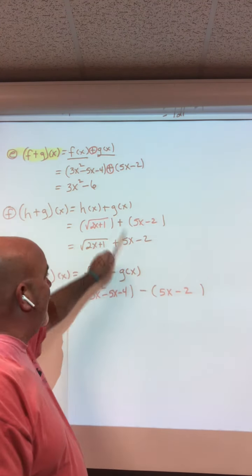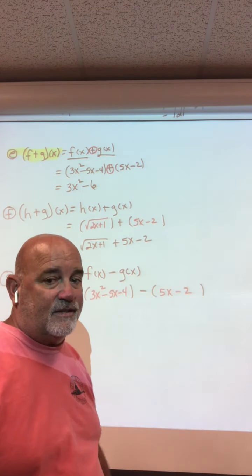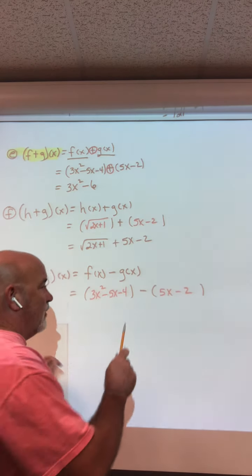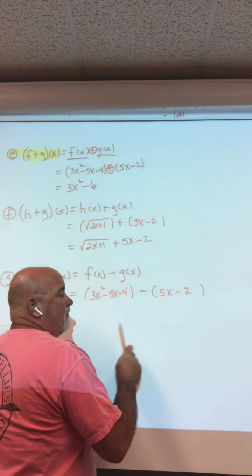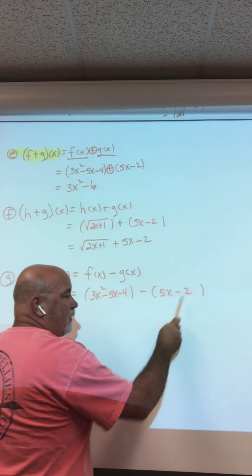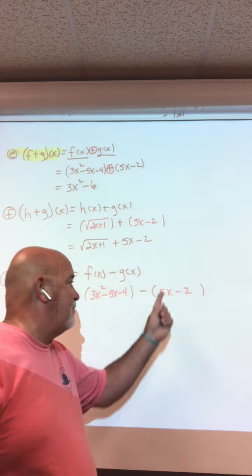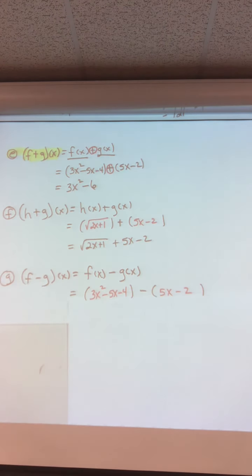Now, it doesn't matter when it's a plus between them, but it does when it's a minus. Here's why. Remember, order of operations, multiplication comes before adding and subtracting. You have to distribute this negative through. When it does, what happens to both of these signs? They change. So if you leave these parentheses off, and students do that commonly, it's going to cause you to